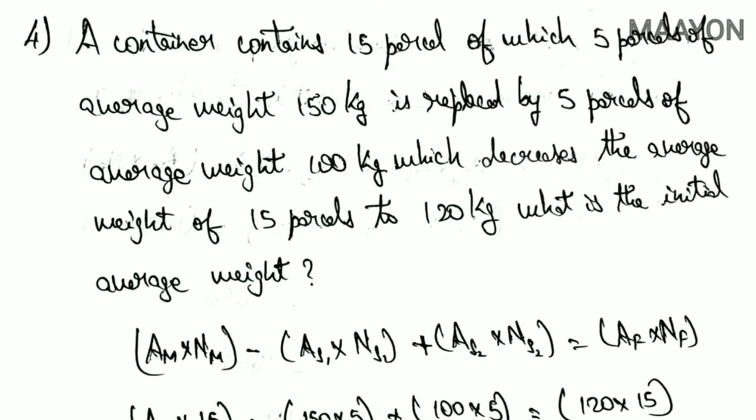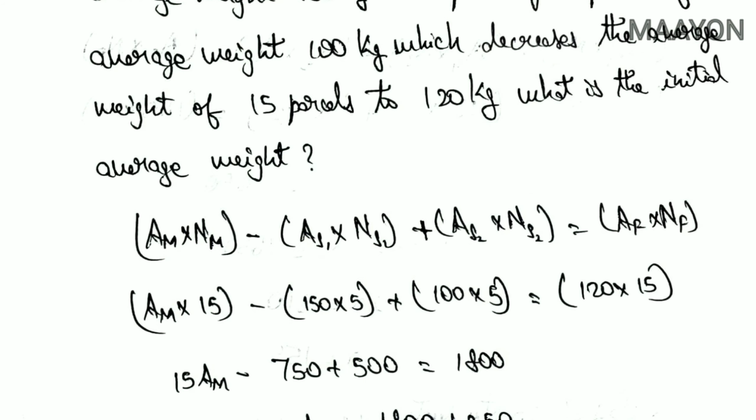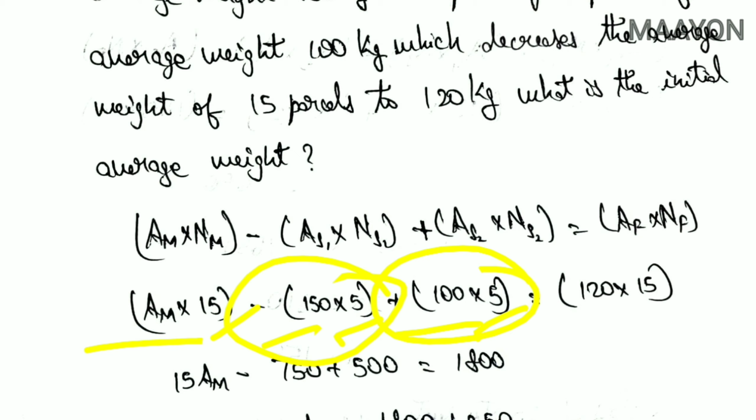Then substituting the values, the main group has 15 parcels and their average is not given. The subgroup has 5 parcels each, the new value of the replaced subgroup is 100 kg and the old value is 150 kg, and the average of the final group is given as 120 kg. Substituting in the equation, AM is unknown, so we keep it as it is. Then 15 AM minus 150 into 5, the value of subgroup 1 that has been removed, plus 100 into 5, the value of the newly replaced group, equals the final group's value, 120